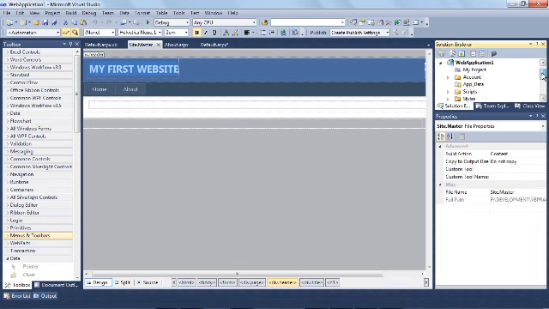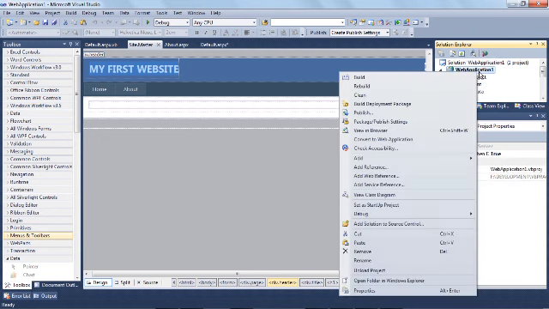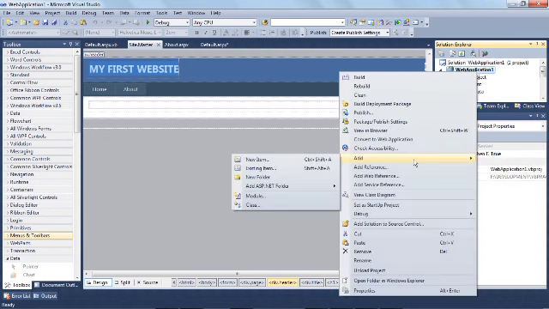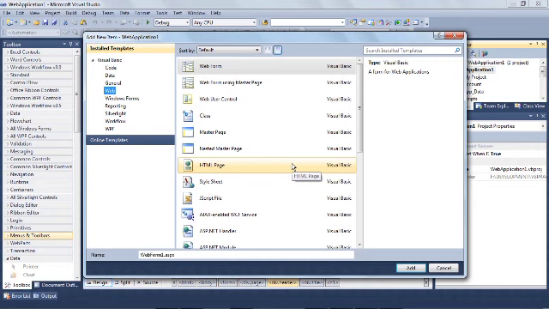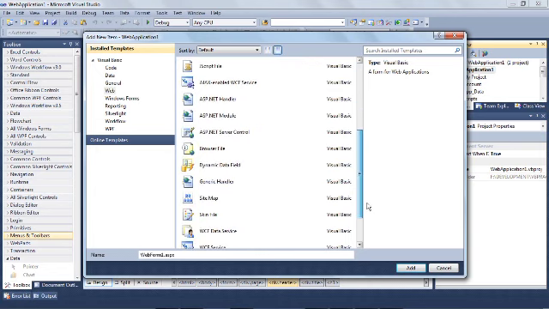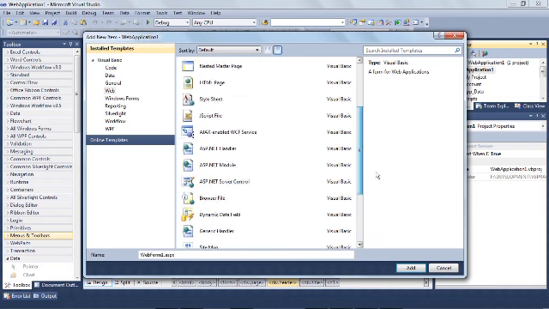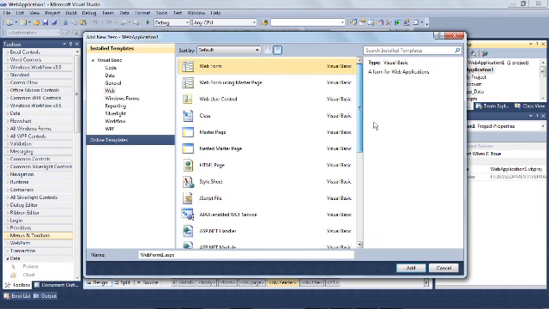Okay, so you can add some pages also. One web form we are going to add here.